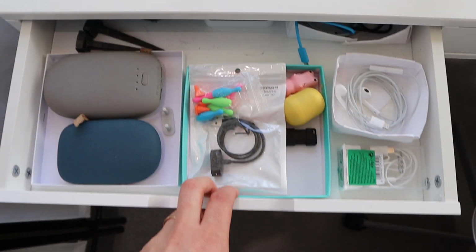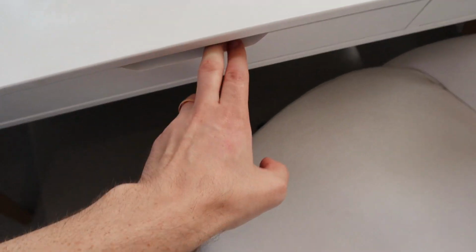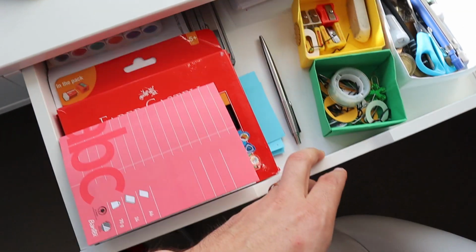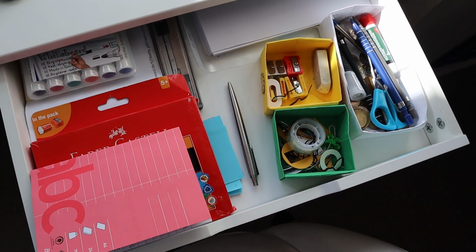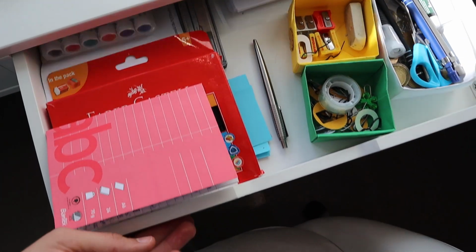In here, very quickly, electronics and cables and such, headphones, and then in here we've got some home automation stuff and a journal. And then in here we've got stationery knickknacks, paper, and a couple of note-taking devices. That's just, you know, my word for...